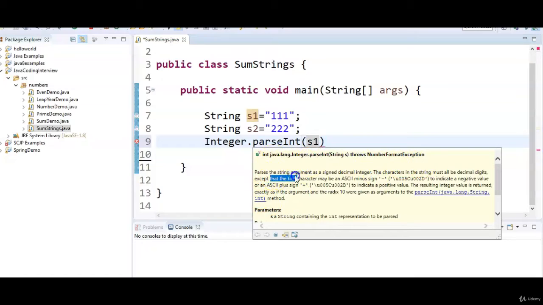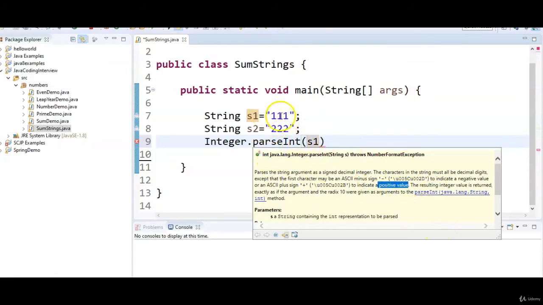It parses the string argument as a signed decimal integer. The characters in the string must all be decimal digits, except that the first character may be an ASCII minus sign to indicate a negative value or an ASCII plus sign to indicate a positive value. So all the characters should be digits in order to use this parseInt.